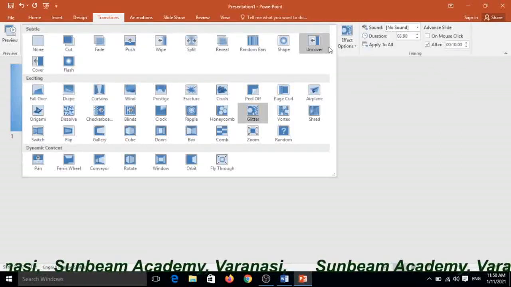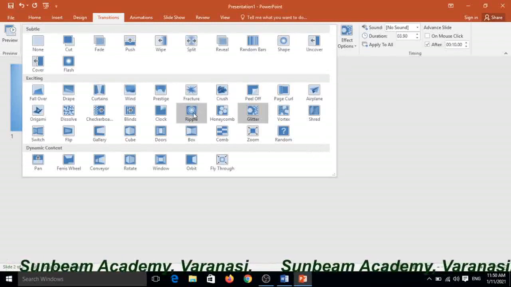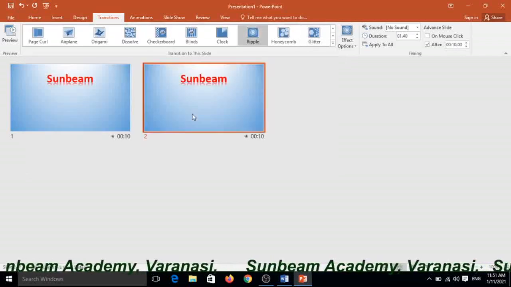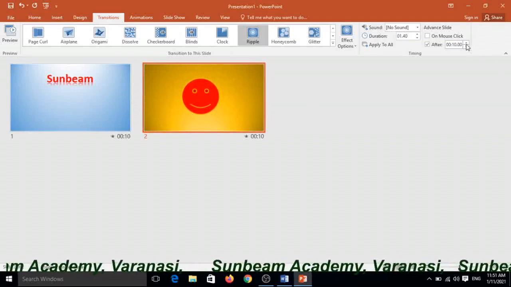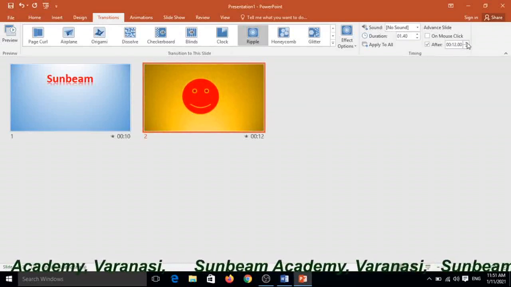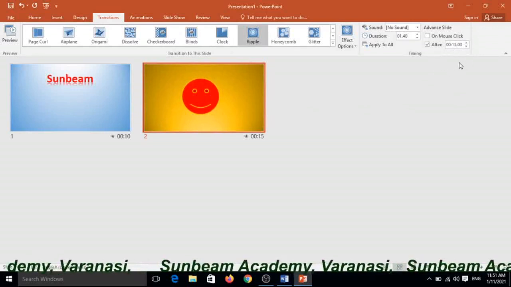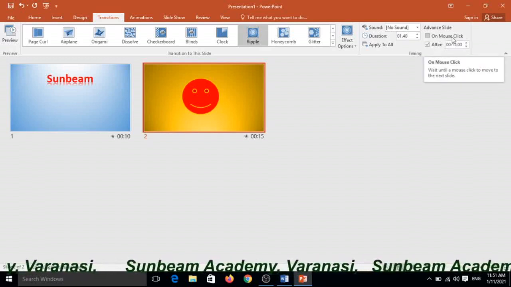And then second, choose the other one. Suppose I want to choose ripple. Yes, and the timing is 15 seconds. It depends on you. You can also do this, but the mouse click should be unchecked.